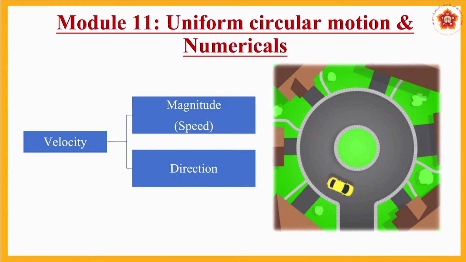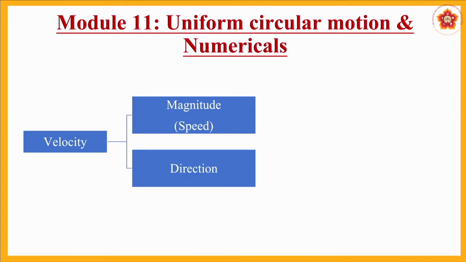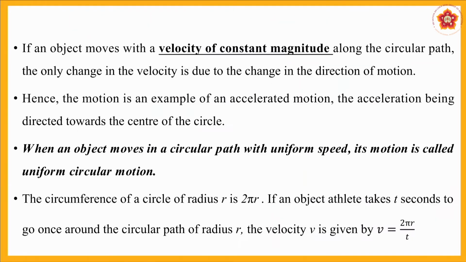So this is what we call uniform circular motion. Means what? An object is travelling along a circular path, maintaining constant speed, but the change in velocity is occurring due to change in direction. So the first part, this is very important for us now. Velocity can be changed either by changing magnitude or direction. So till now whatever we have discussed, we have only changed the magnitude of velocity and then seen how the velocity is changing. Now in this uniform circular motion, we are keeping the magnitude constant, but we are changing the direction. So let's have a look.